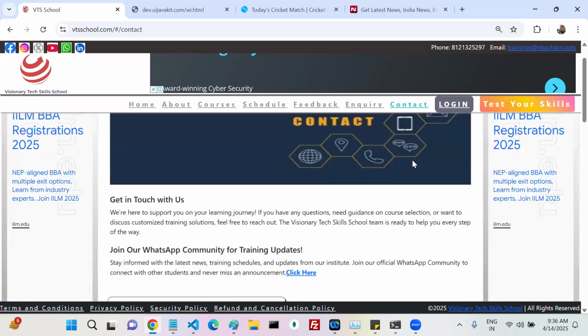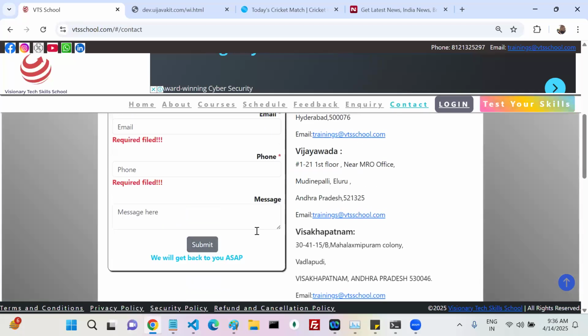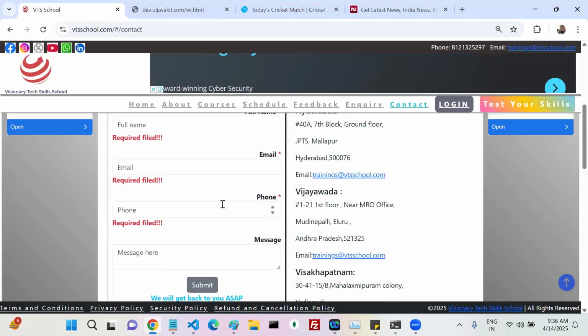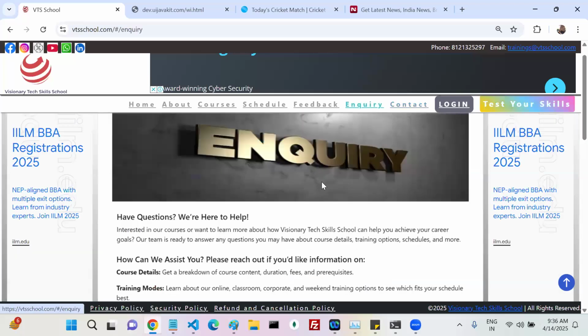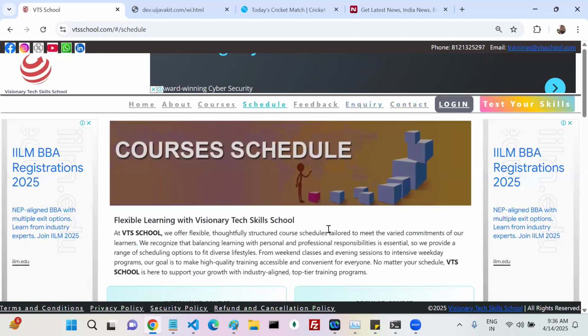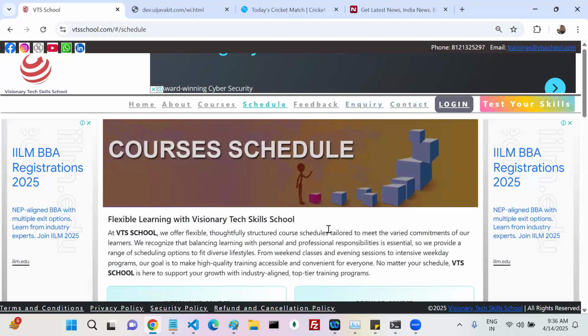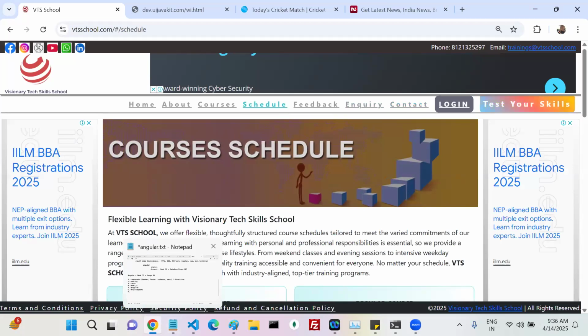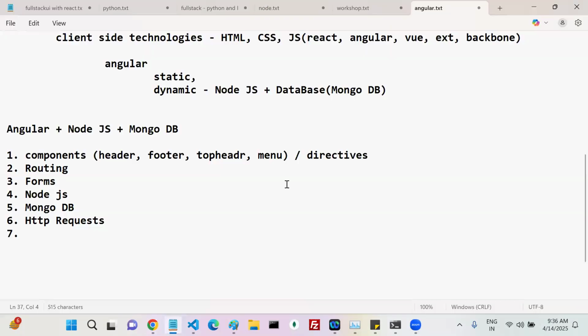Now see contact. Whenever you click on the submit button, you have to store the data in the database. That means you have to communicate with what? The server application. Now if you come to the inquiry, there is also a form. If I click on submit, you have to store this data in the database. In this form also I have to communicate with the server application. So in my application, there are multiple places that communicate with the server application. This functionality is common in my application.